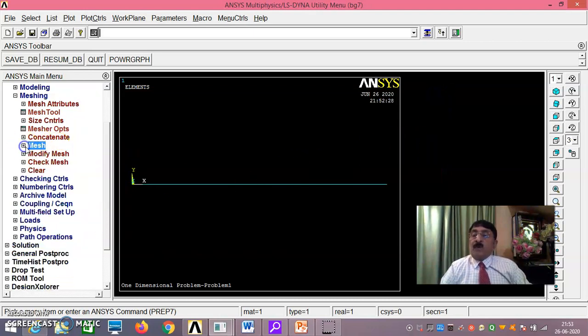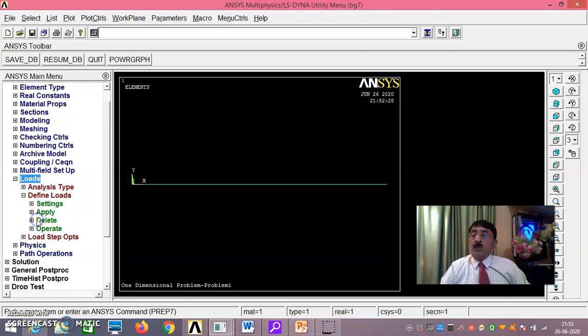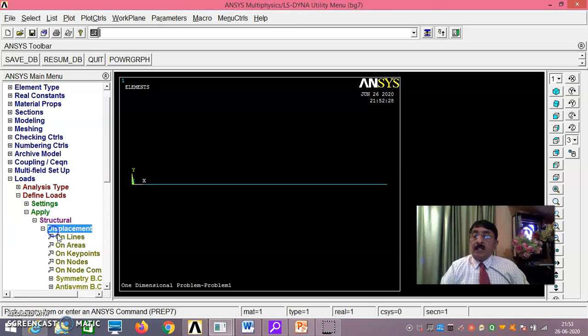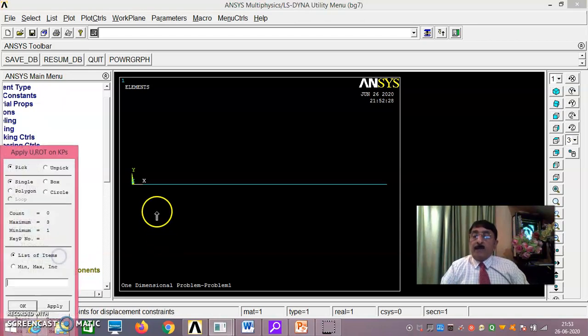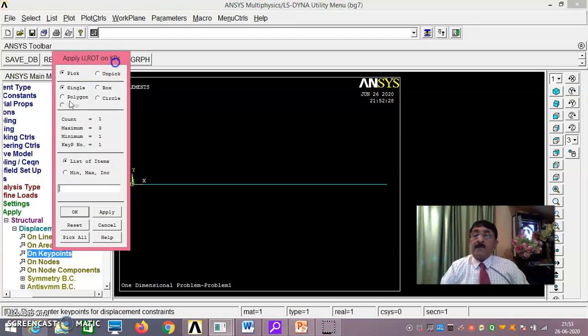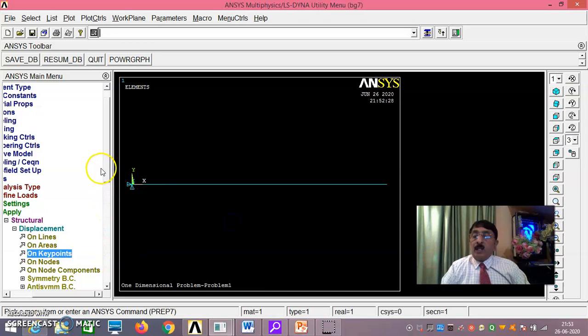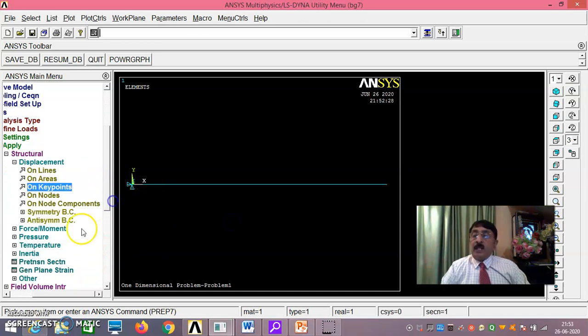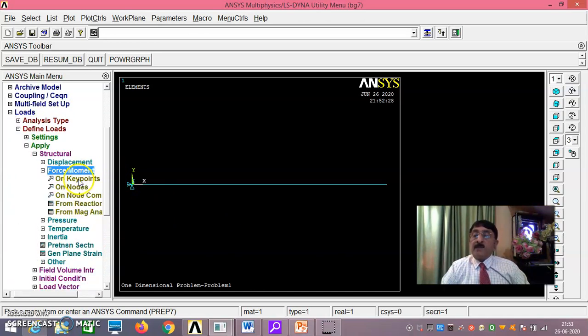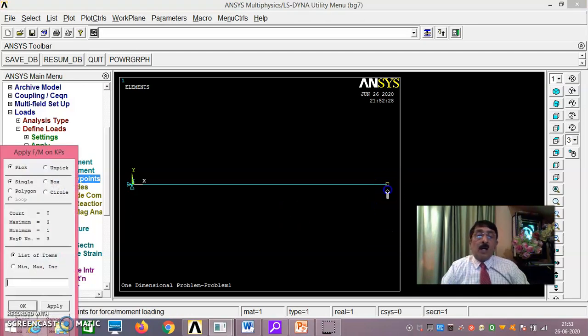Now I'll go for loads, define loads, apply, structural, displacement, on key points. Just say okay, all degrees of freedom 0, just say okay. This you're done. Then you go for force moment, on key points or nodes.